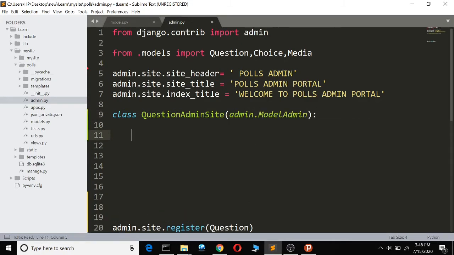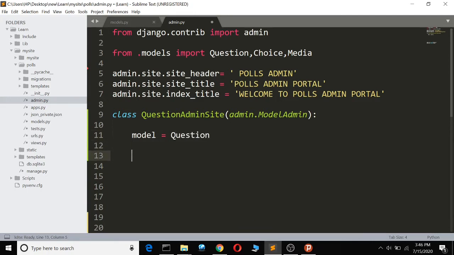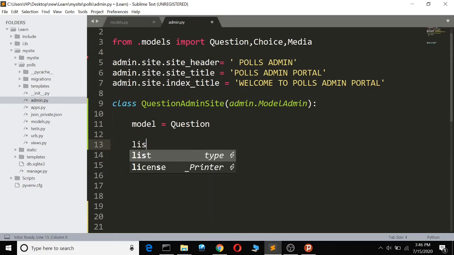So what we do, we specify the model equal to Question. After specifying the model equal to Question, we shall call the list_display